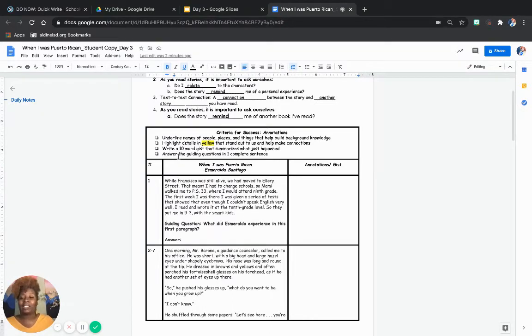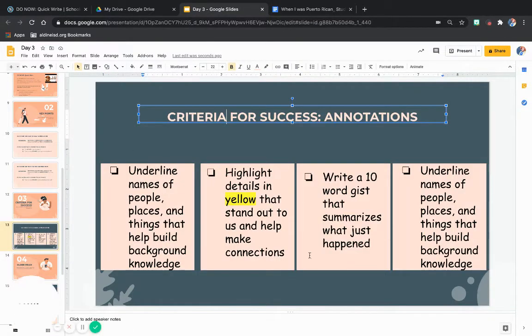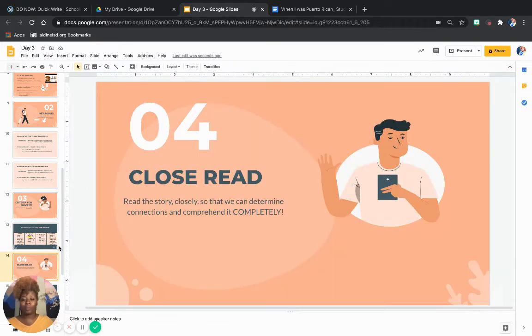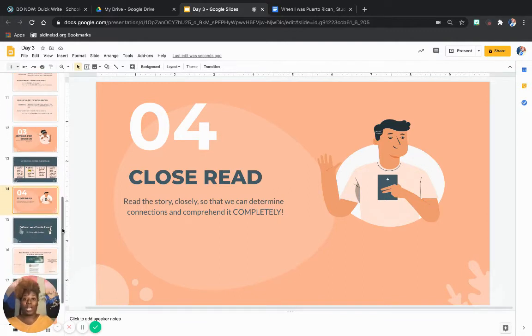And then we're going to answer the guiding questions in one complete sentence. And that's just what this says right here. Okay? All right. Now, let's get down to the nitty-gritty. We're going to read the story closely so that we can determine connections and comprehend it completely.